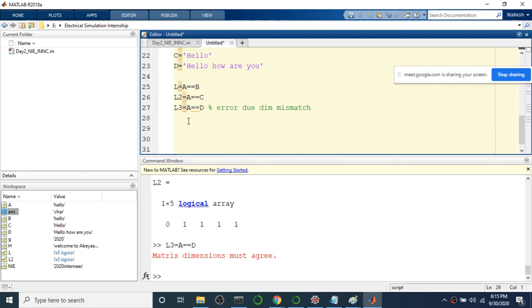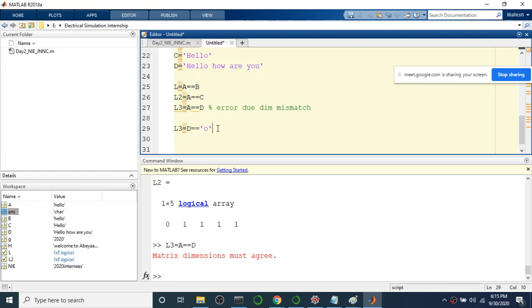So another comparison you can do is L3 equal to A equal to, I am checking for how many times L is there. Okay. Or I'll check it for D equal to character O, I am comparing. So wherever O is present, it will make the position 1, other places it will be 0.